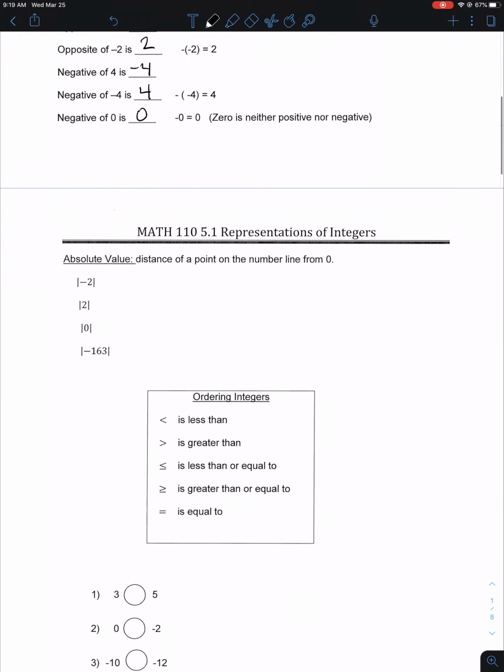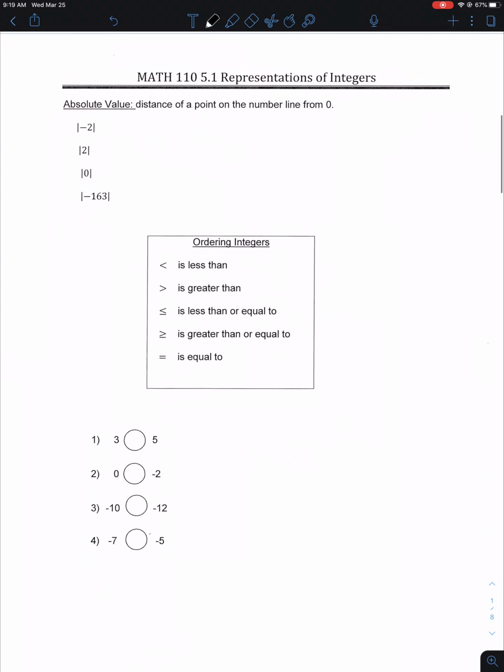Otherwise, let's look at absolute value. In this case, this may be something that you remember, maybe something that you don't remember, but the main thing when you're talking about absolute value is you're trying to measure a distance. So with that in mind, if I think of a number line, for example,